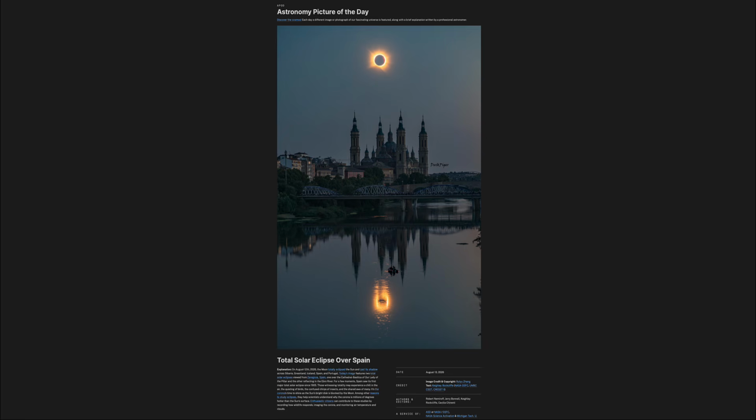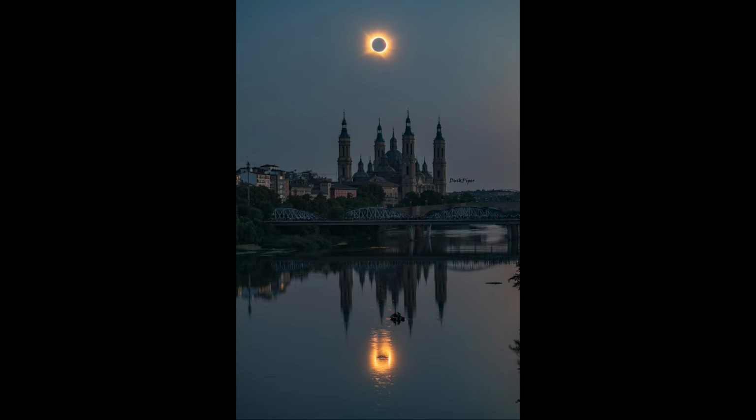Today's picture is titled Total Solar Eclipse over Spain. So what do we see here? Well, here we see the total solar eclipse of August the 12th of 2026, so just yesterday. And a total solar eclipse occurs when the moon passes in front of the sun, blocking out its light. And when it's a total solar eclipse, that means the moon lined up exactly with the sun and blocks out